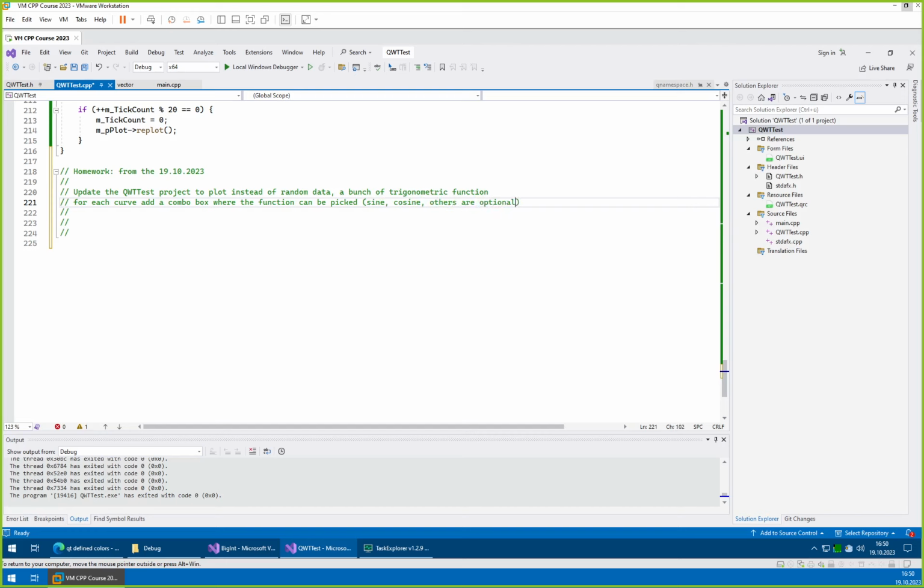So we don't want too many, it's just enough to have this for starters. Right, for each curve add a combo box with the function to be picked, and the two, the frequency and amplitude. So the way this should look,